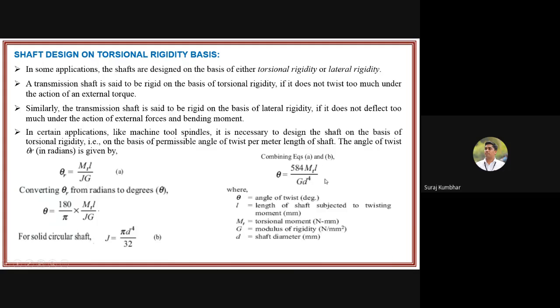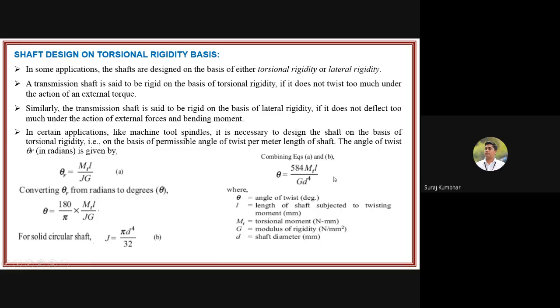Okay, so combining equations A and B, I will put that J in equation A. So what you will get, theta is equal to 584 into Mt into L divided by G d raised to 4, once I put equation B in A. So theta r we are converting into theta in degrees. So finally the equation you will get is 584 into Mt into L divided by G into d raised to 4,